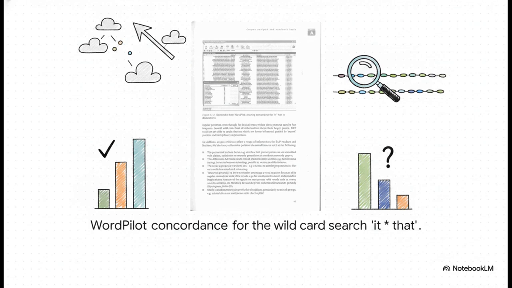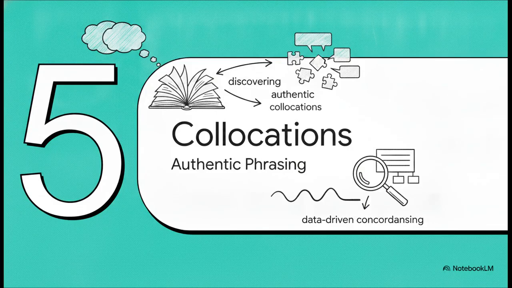And the results are actually fascinating. It pulls up phrases like "it is likely that," "it seems that," and "it is clear that." When you break down these frequencies, it turns out that academic writers heavily favor expressions of certainty over expressions of doubt. Armed with that kind of expert practice, you can make highly informed, confident choices in your own writing. Let's move on and see how this builds into Section 5, discovering authentic collocations, solving the confusing words.